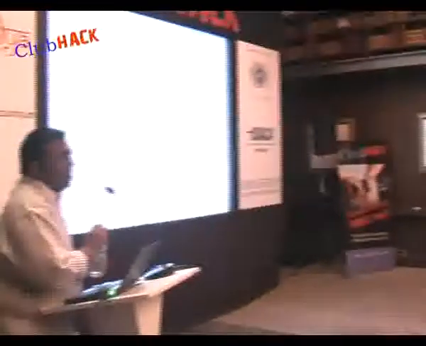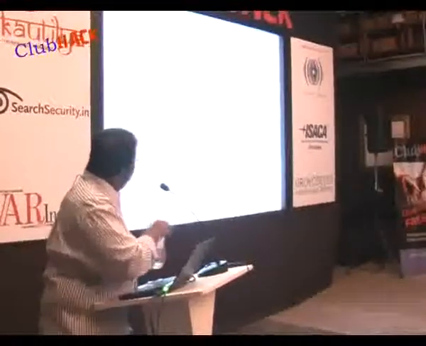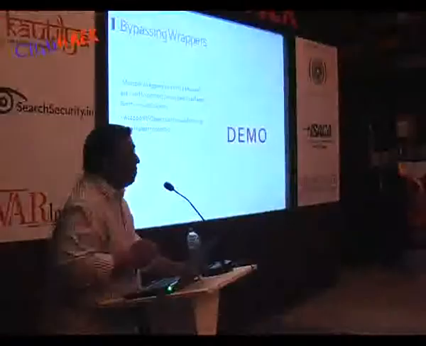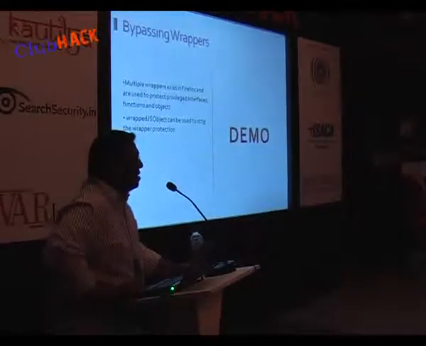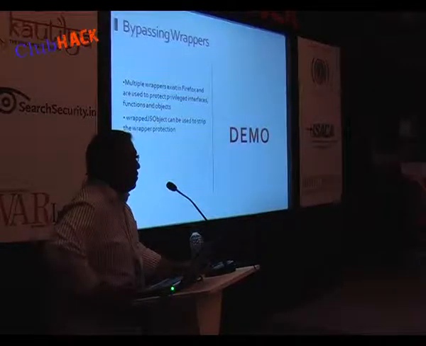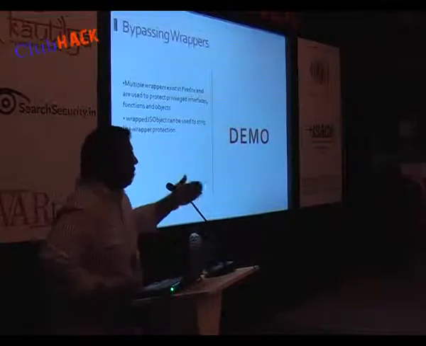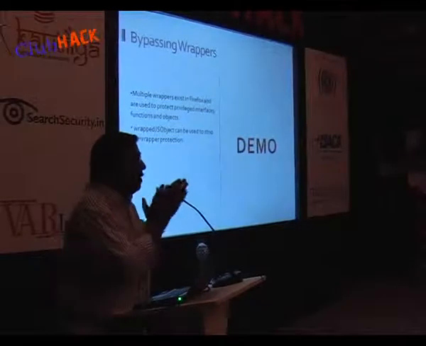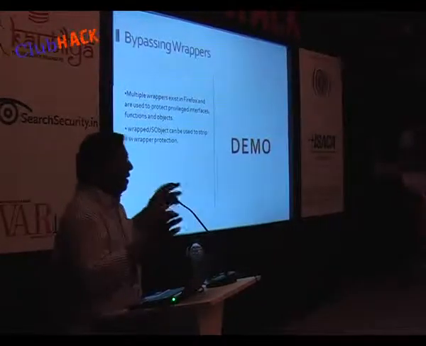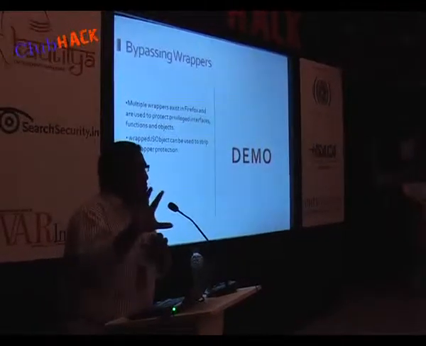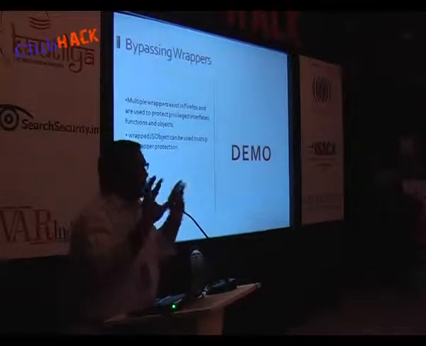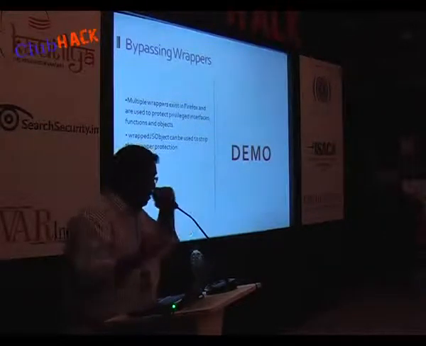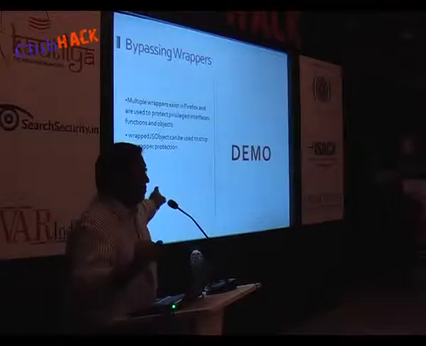Okay, can I turn to the next one? The last one that I wanted to concentrate on is a very simple one: wrapped JS object. In the recent past, Mozilla has put in a lot of security controls to basically put firewalls between the multiple contexts. The place where you normally browse and the extensions are now separated. They can't talk to each other by default, by something called wrappers.